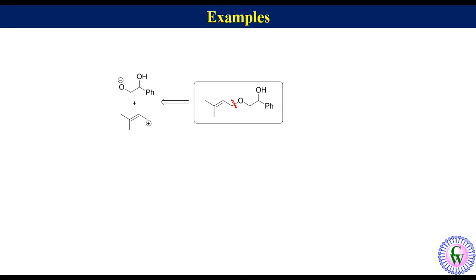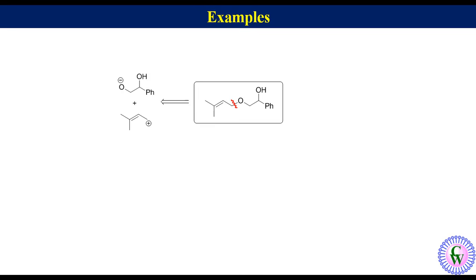Now let's do some exercise. Suppose we have to do the retrosynthetic analysis of this molecule. One of the strategies will be disconnecting the ether linkage. There are two ether bonds, left and right. If we disconnect the left side ether bond, we will get an allyl cation as acceptor synthon and the alkoxide of a 1,2-diol as